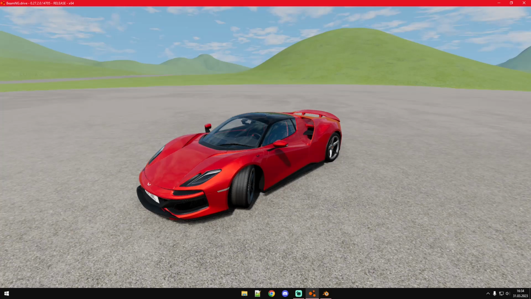Hello guys, and welcome back to another tutorial here on my channel. In this one I'm going to show you a few tips and guidelines on how to model your vehicle